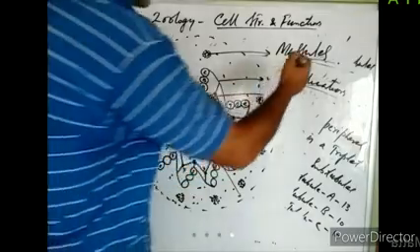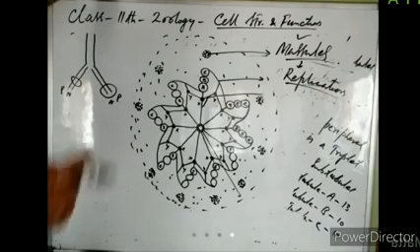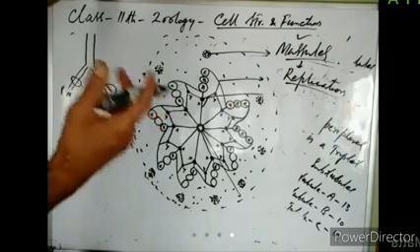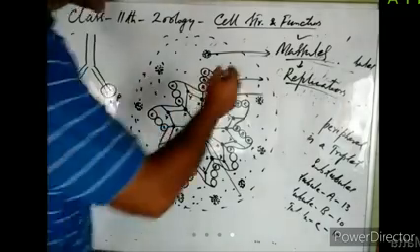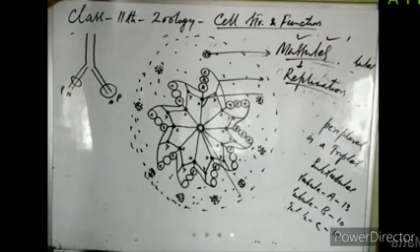Similarly, it is thought that in the process of centriolar replication, there is a semi-conservative mode of replication. That means when a new centrosome is formed, it contains one parental centriole and another newly formed centriole, right? So this replication of centrioles is assisted by macules. And in these macules, there are proteins which act as enzymes which help in the replication of these centrosomes, right? So that is all about the centrioles and the centrosomes.